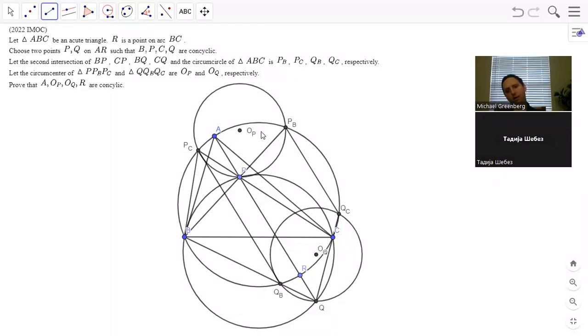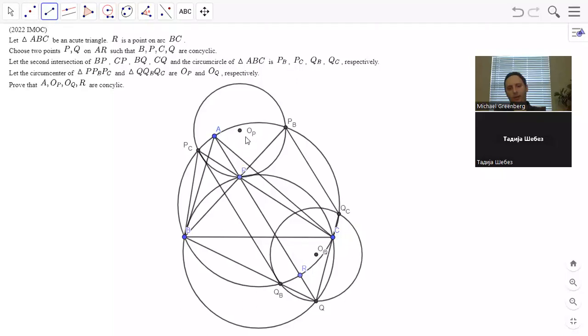Then we would want to show that the whole quadrilateral PCAOPPB is congruent to QCOQRQB. It's trivial by symmetry, because the whole problem is trivial by symmetry once we know this, because PCA PB is congruent to QBR QC, and so